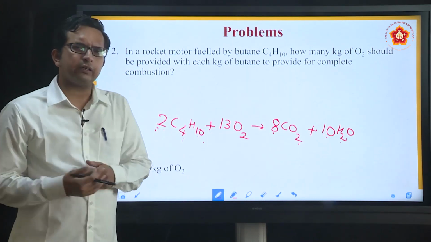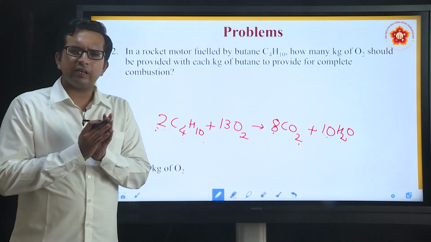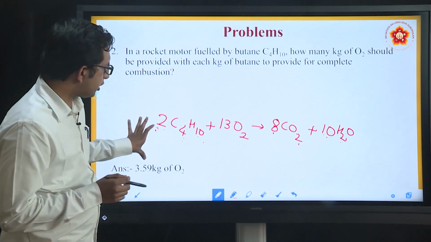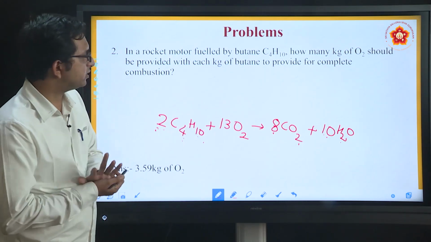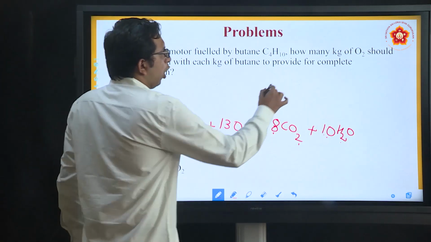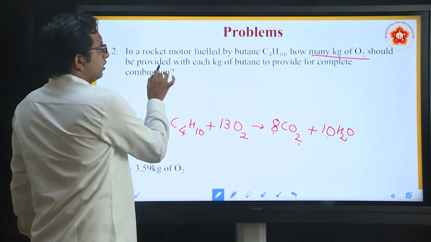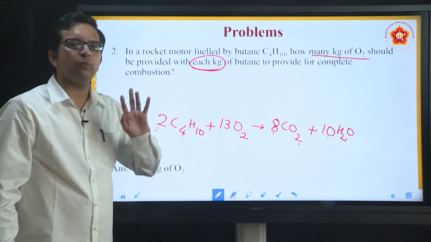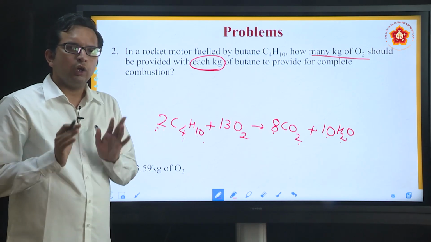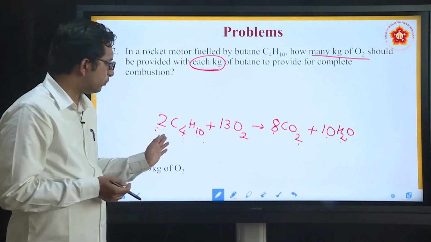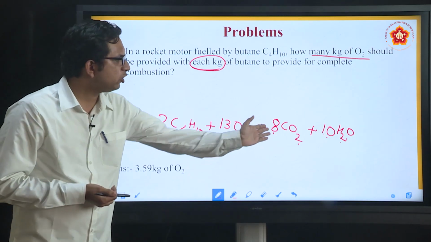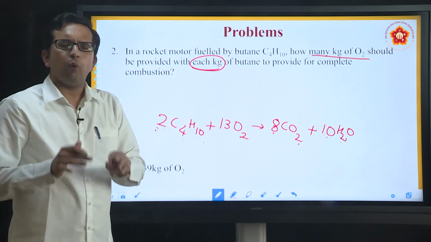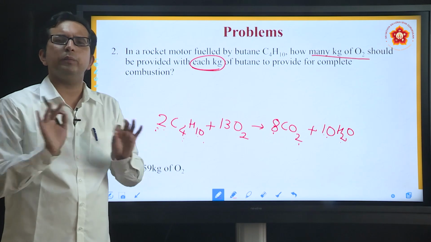The explanation will take a little long. The starting understanding also will be a little long, but when you start solving it, it will definitely be easy for you. So once I have got this balanced chemical reaction, now my concern is, what are they asking here? How many kgs of O2 should be provided with each kg of butane, which means that for 1 kg of butane, how much oxygen is required is what they are telling. So for this I need to calculate the masses of butane as well as oxygen that are employed. I need not calculate anything that side, because they don't talk anything regarding carbon dioxide or water. Whatever is asked, if you work out on that, that should be more than enough.